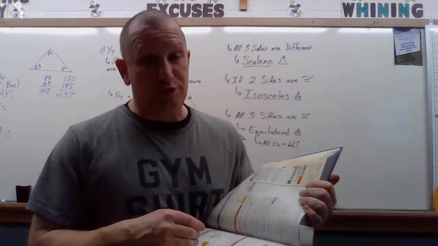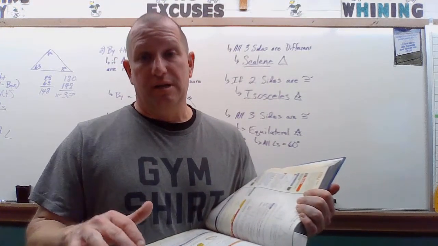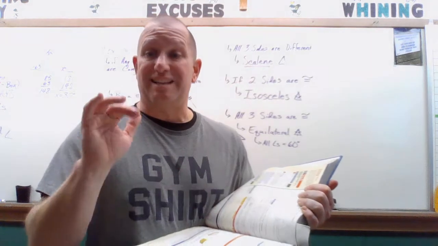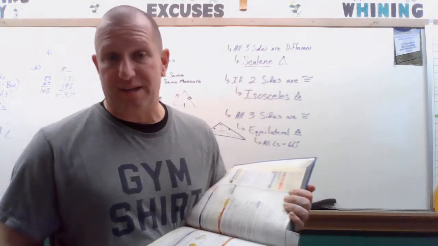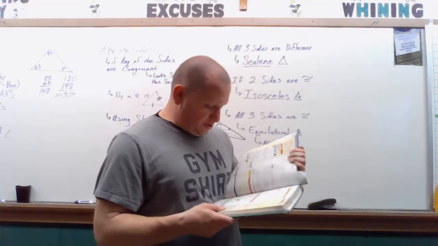Now again, here they don't use the box. If they use 90 degrees, you don't have to use a box ever. But if they don't say 90 degrees and they have a box, you automatically know that it's a right triangle. So if I look at the one to the right,